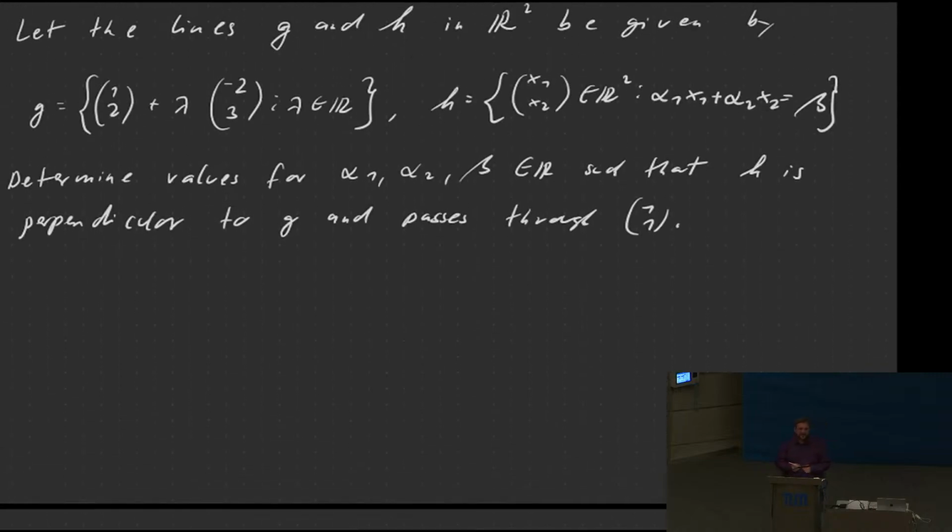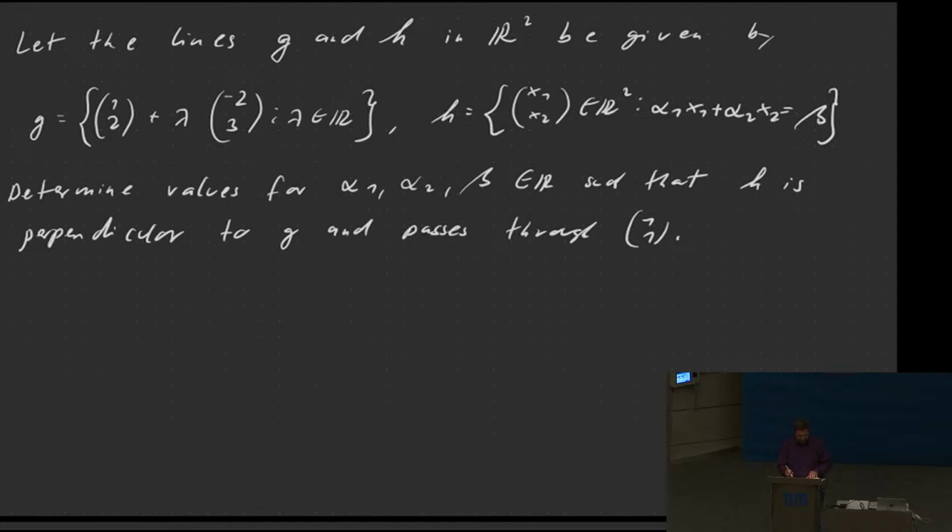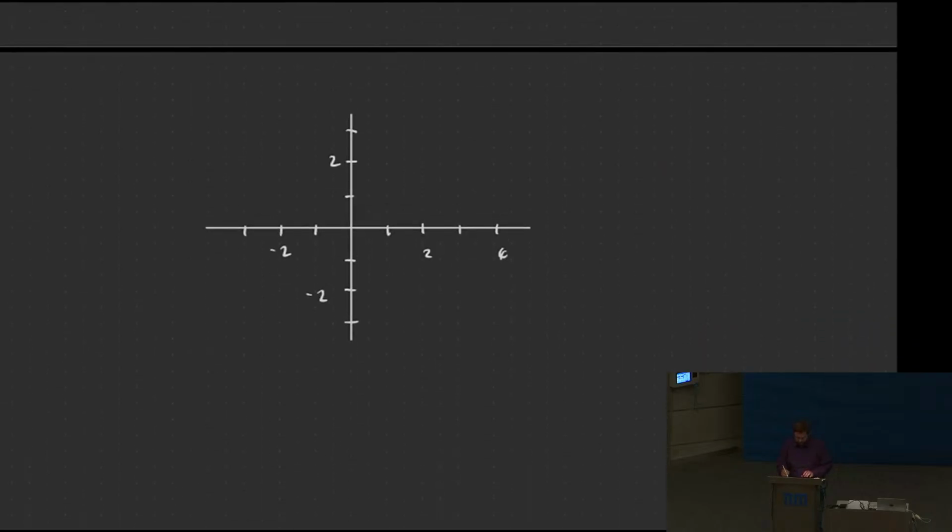All right, so let's see whether we can solve this one together. So this is a setting in the plane. That means we can start with a quick sketch in case we're not sure how to solve that. The first line is given as (1, 2) plus lambda times (-2, 3). So this is a point the line passes through, and this here is the direction of the line. All right, so we have that point. Let's see, point (1, 2). That is about here. And then we have (-2, 3). So minus 2 and 3, 1, 2, 3. So that is the direction, and that means